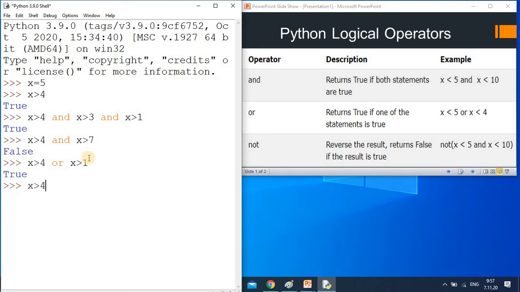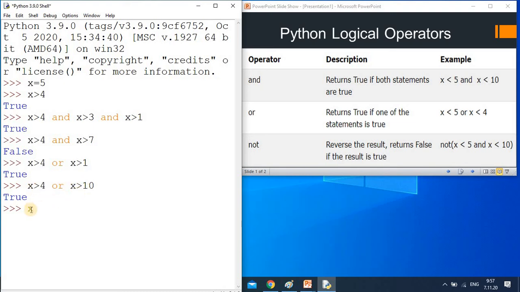Next one is x greater than 4 or x greater than 10. x greater than 10 means 5 greater than 10, it is not true. So one is true, one is false. Then also it will return true, because I tell you I will do this work or that work, meaning you have to do only one work. The OR operator works like addition. Here true means 1 and false means 0. 1 plus 0 is 1, and 1 means true. So in the OR operator it will return false only when both return false.